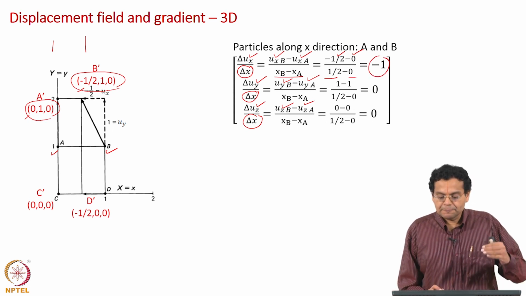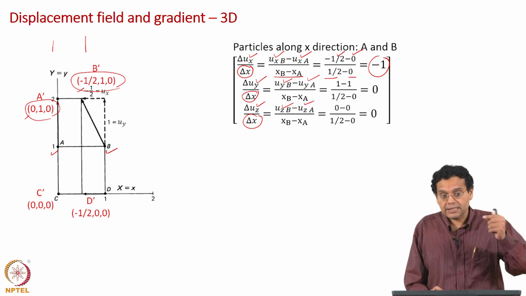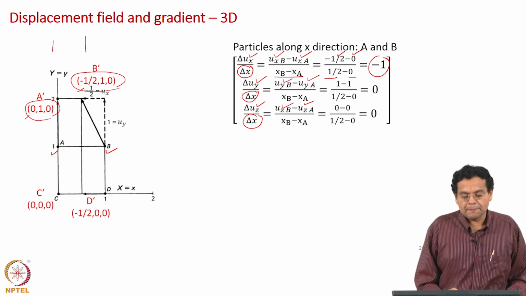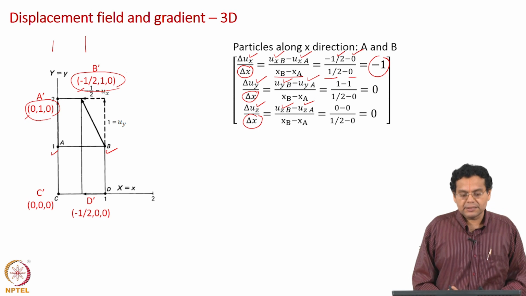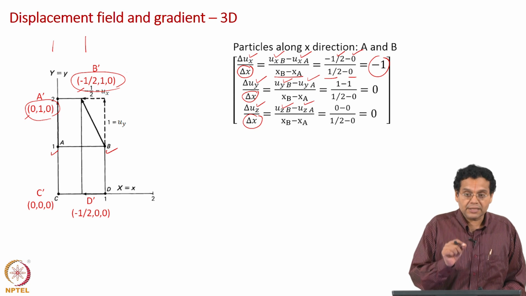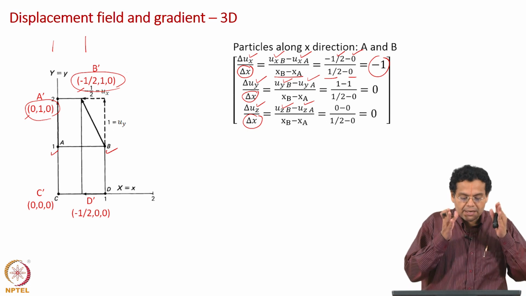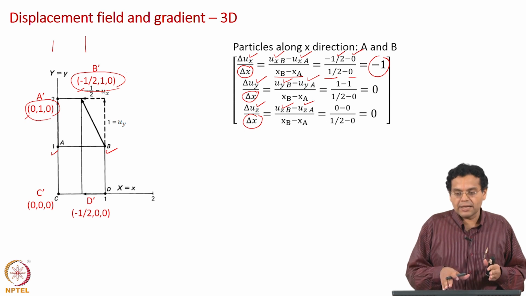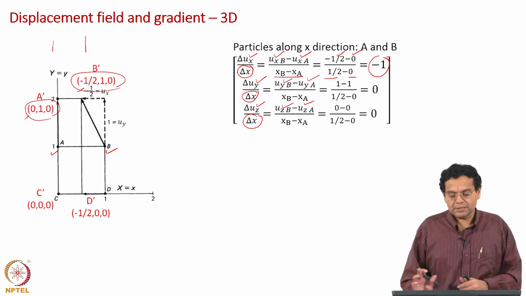Okay, just let me repeat, considering particles A and B, for the first entry we are looking at the difference in x displacement, and the 3 numbers here below the final coordinate tells you the displacement of the particles. We will have to look at the difference in displacement, that is all is required. For the first entry we will have to look at the difference in x displacement. So, minus half minus 0 divided by the distance between particles A and B along the x axis, because we are using small x, it is in the final configuration. So, it is half minus 0 giving you minus 1. Okay. Rest becomes very simple.